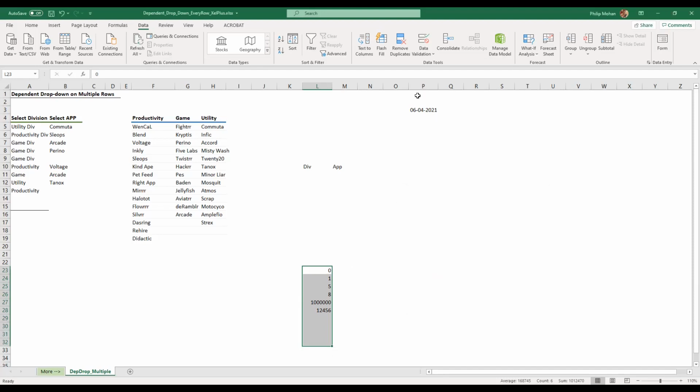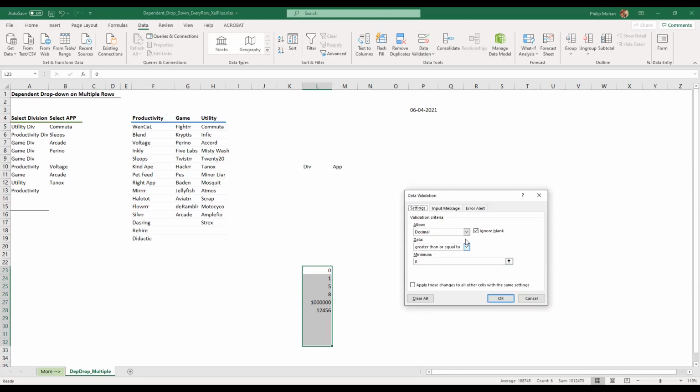What else is there? Let's see again. Data validation. Decimal is done, list is done, date is done, time. You want text length. I've never tried that. Same thing: if you want a particular input which should always be the same number of characters, you can say that it is exactly equal to, I don't know, 10 characters.